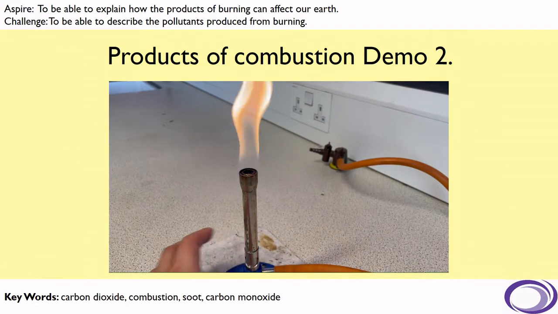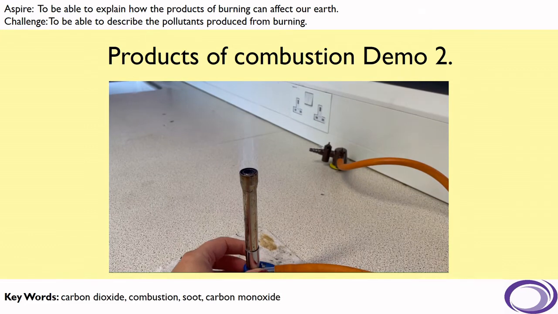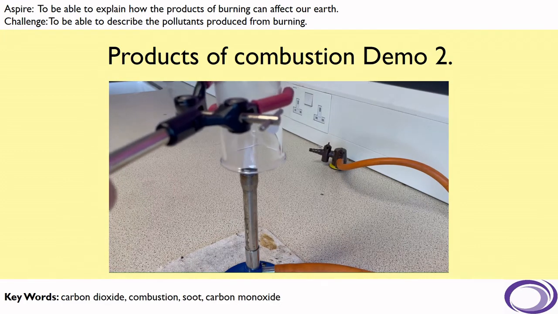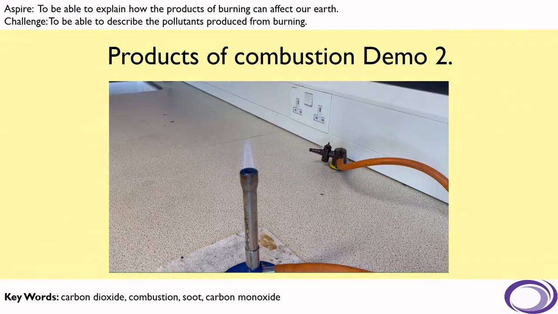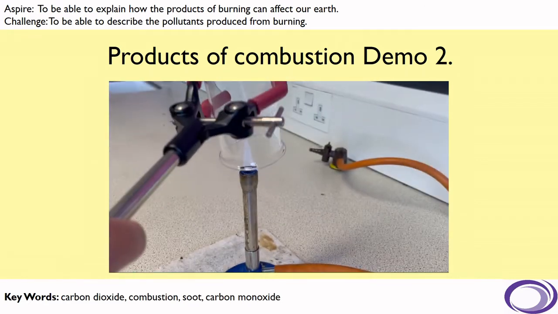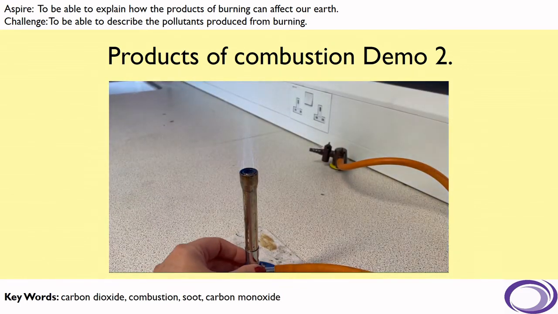Now you can see some different products of combustion when you change the amount of oxygen. So if I place this beaker over the top of the blue flame, you can see that there's been no product build-up. I can see possibly a little bit of steam where water's been produced, but no other products have built up